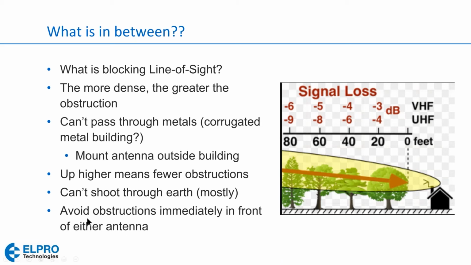Now, one important thing is to avoid obstructions immediately in front of either antenna. So in this case, we're okay because let's say that tree there is about 100 feet away from that antenna. We should be good. But if that tree were immediately in front of that antenna, what happens is the radio waves undergo a scattering. So they hit all the leaves and the branches, and they get scattered all over the place. And one of the ways to think about radio waves is they are on the same type of spectrum